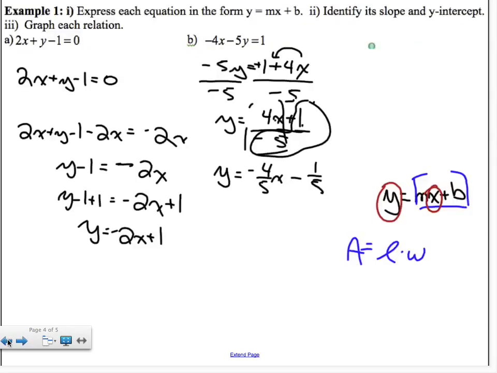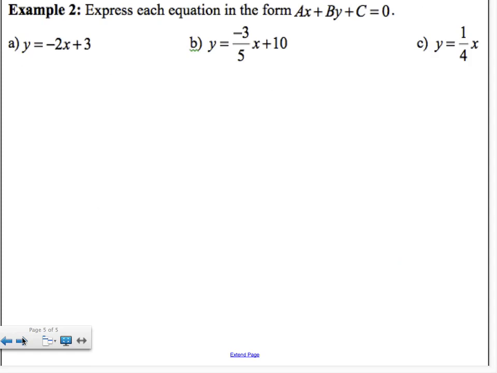On your sheet, there are a couple more examples. I don't have time to go through them. What I want to do is go through a couple of examples of going the other way. So now you have an equation that's in slope-intercept form. We want